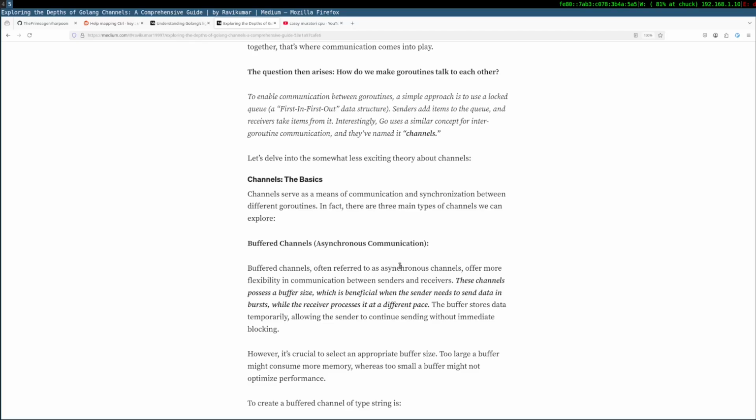These channels possess a buffer size, which is beneficial when the sender needs to send data in bursts while the receiver processes it at a different pace. The buffer stores data temporarily, allowing the sender to continue sending without immediate blocking.